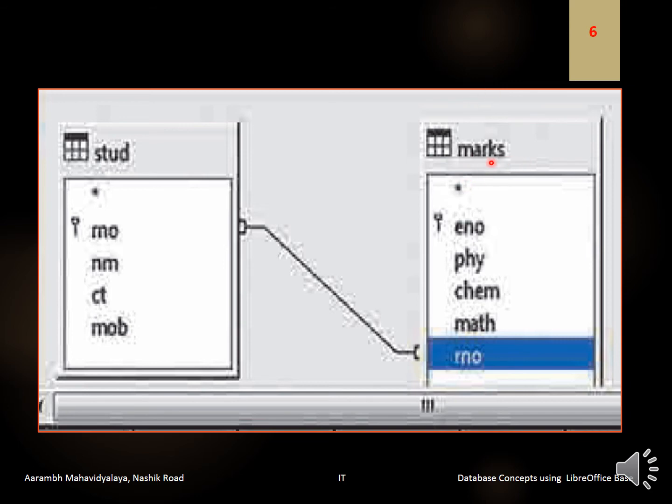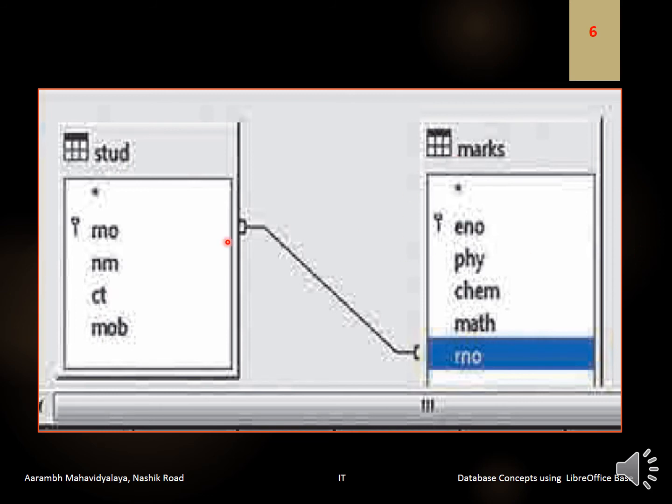In the second table, the marks table, our primary key is the enrollment number, that is E number, and it has the other fields physics, chemistry, maths and roll number. Here roll number is not the primary key. In this table the primary key is E number, and in the first table the primary key is R number.